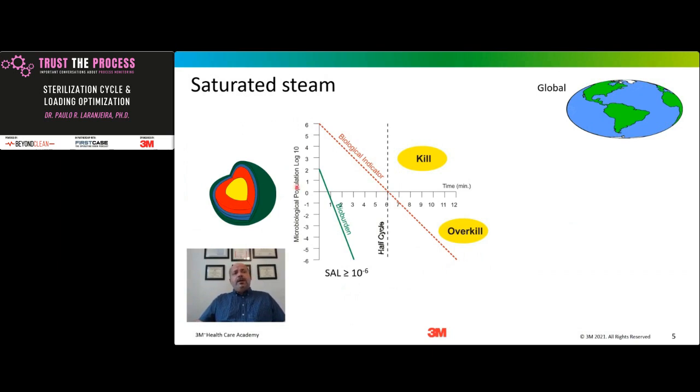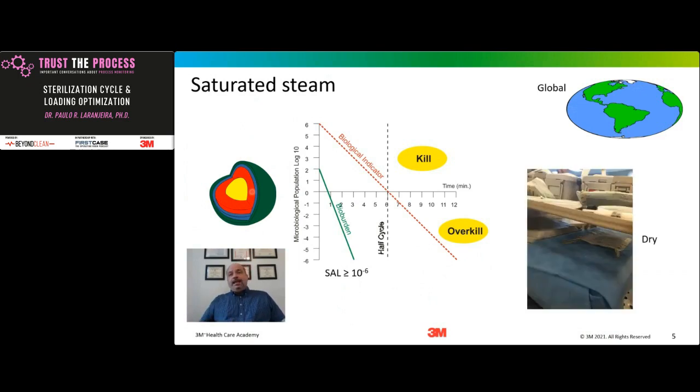In sterilization, the objective is to inactivate the spores that we have inside or on our devices. And at the end of the sterilization, after the whole process, when I open and remove the cart, my load cannot have water. You cannot have water. What I'm showing here has to be dry. So today we are going to see how we can achieve these two goals by optimizing what we have today.